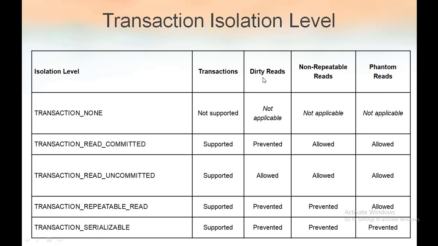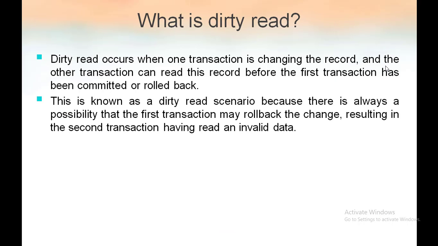Let's learn about dirty reads, non-repeatable reads, and phantom reads. What are dirty reads? Dirty reads means we are reading a value before it is made permanent. Accessing an updated value that has not been committed is considered a dirty read, because it is possible for the value to be rolled back to its previous value. In other words, if you read a value that is later rolled back, you will have read an invalid value.